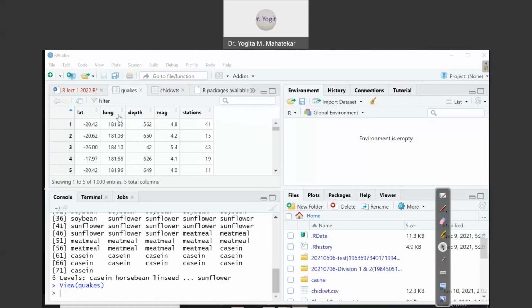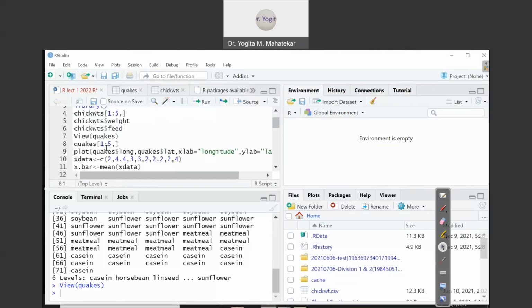So basically plot means a scatter plot of all the spots where earthquakes are happening, and all these spots will let us know where the earthquakes are happening more frequently. So let us use the plot command in RStudio.